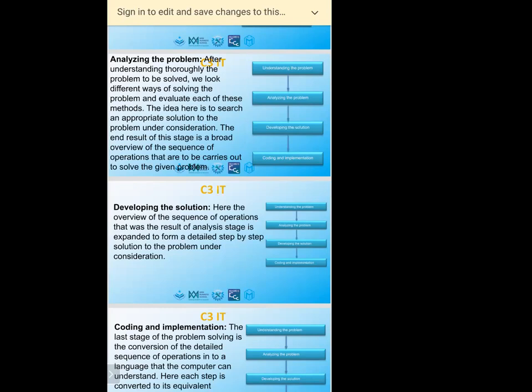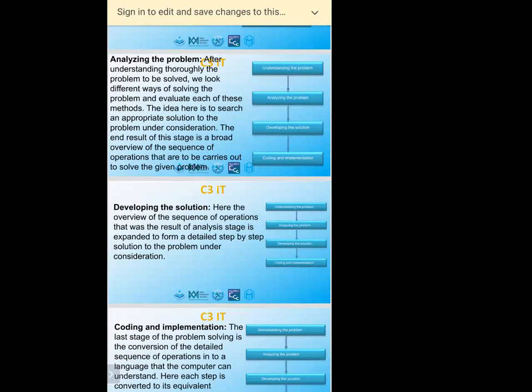How is your finance? How are you going to arrange it? Okay, the finance you are going to arrange from the government, something like that. That is called analyzing the problem. Hello, students. All of you understand what I'm saying? Yes. All of you are following me, no? So that is called analyzing the problem.